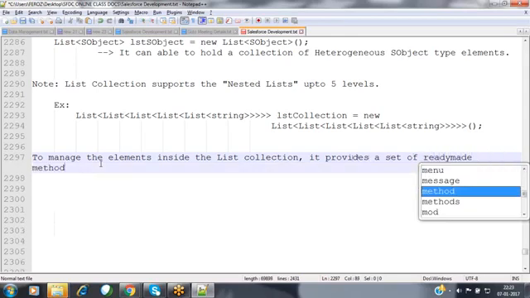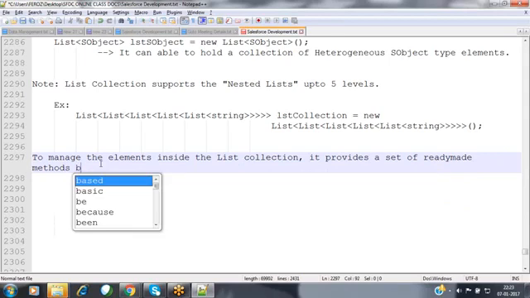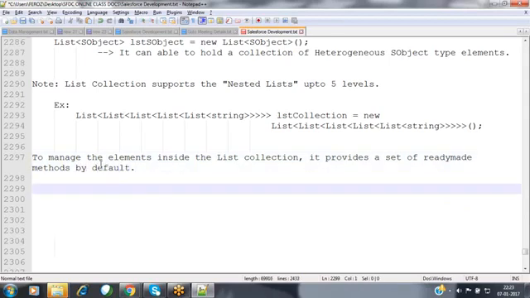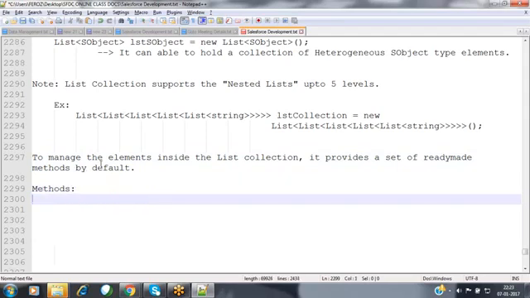What are the various methods available here? Now let's see. All these methods are instance methods, nothing but each and every method can be accessed by using object name dot method name here.